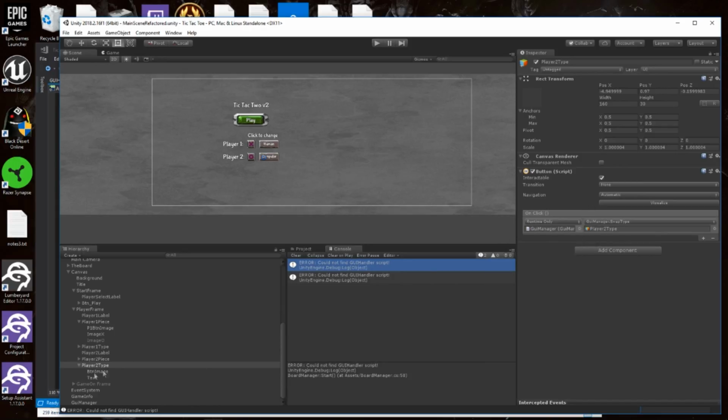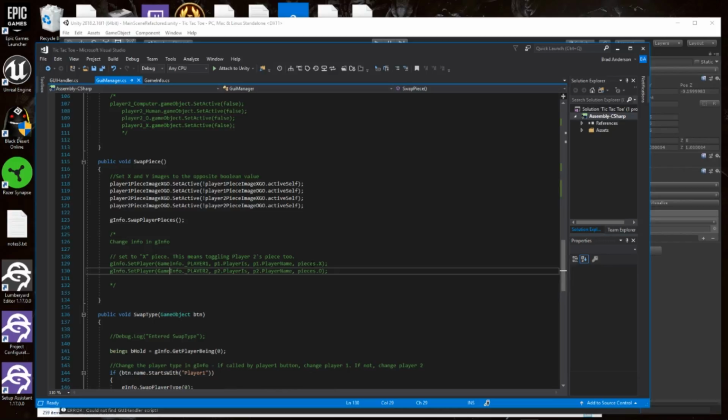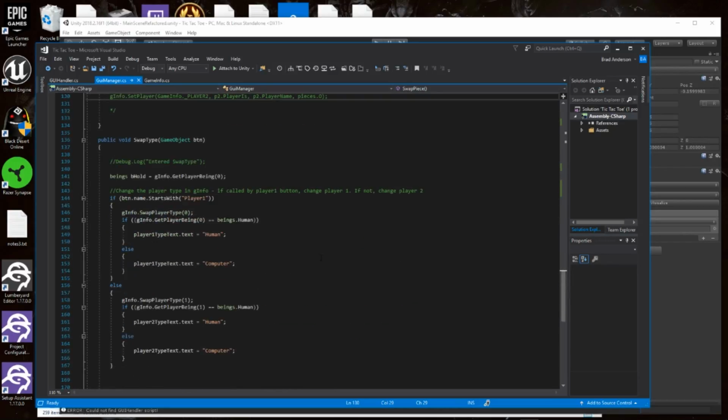So what I do is this player 2 type, right, is this object. I want to know the name of this button, player 2 type. So all I did was drag that over and drop it in there as a parameter. Now, if you notice on the player 1 type, I dragged the player 1 type over there and did it that way. And again, it's SwapType. So if you look over here at GUIManager, we have the SwapType. The parameter is a game object, right, or a button. So that is telling me to get the name of that,